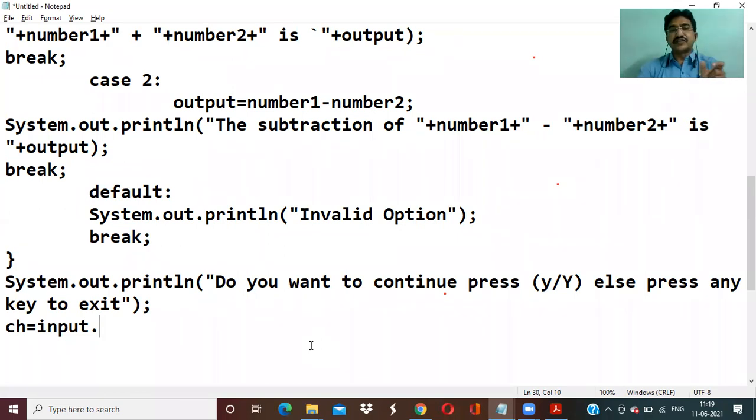What is the syntax for charAt? Already we have seen in the previous topic. charAt of the index number we are giving. At which position the character we are going to read, that we can pass here. So input.next().charAt(0). What is that 0? 0 in the sense, once it is asking the input, immediately you are pressing small y or capital Y or any other key. That position is in the starting itself, the 0th position only, the input you are going to give. So that's why it is taking character at 0 position. Hope you are getting. I will explain once we are running the program.